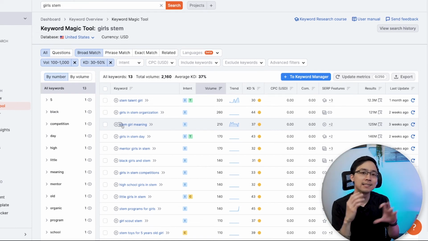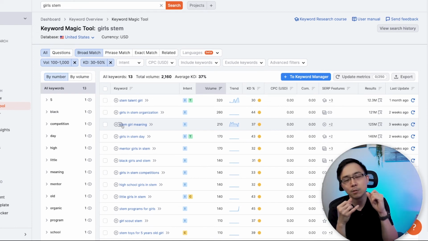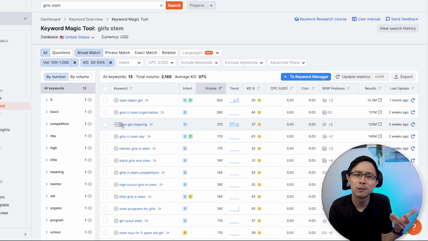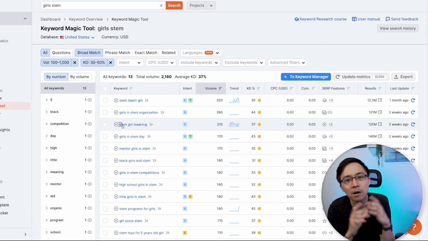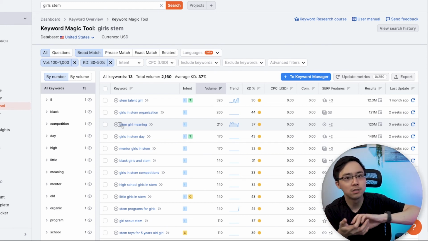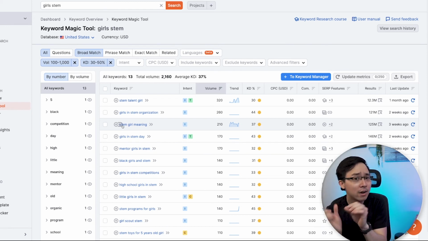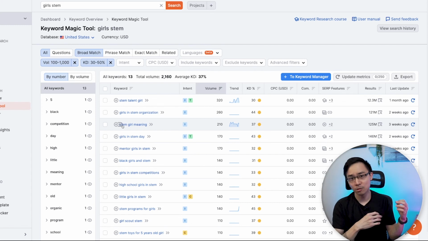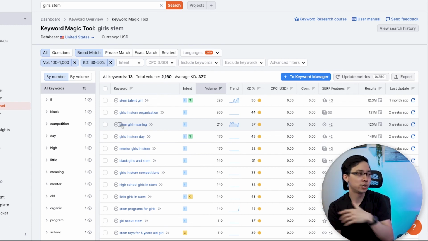So what I'm doing as I go through this keyword magic tool is I'm trying to identify clusters of keywords that go well together. And then I'm also trying to identify a multi-stage strategy to start to rank for different keywords. But notice how I begin with the very easy keywords and then I kind of gradually mature upwards into the harder keywords.